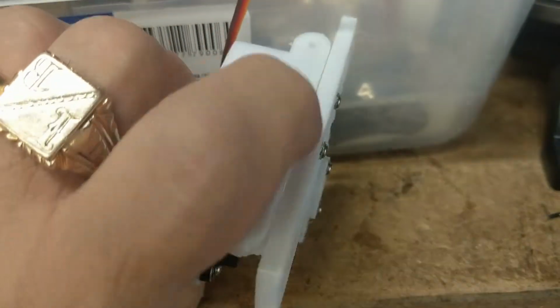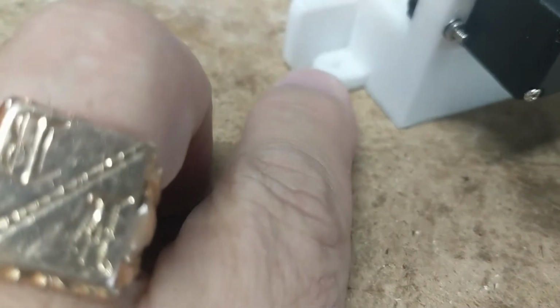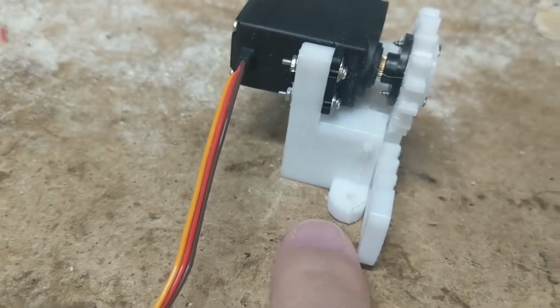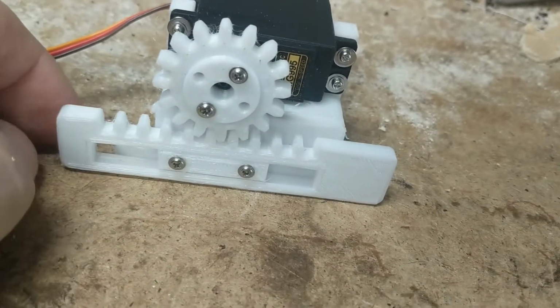But this one can be mounted. Okay, so it'll be mounted on wood. You can see mounting screws there. Okay, mounting screws. And I'm going to show you just how this thing will work before I actually start the project and start